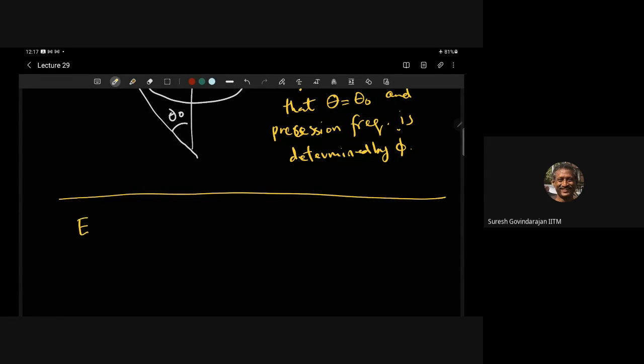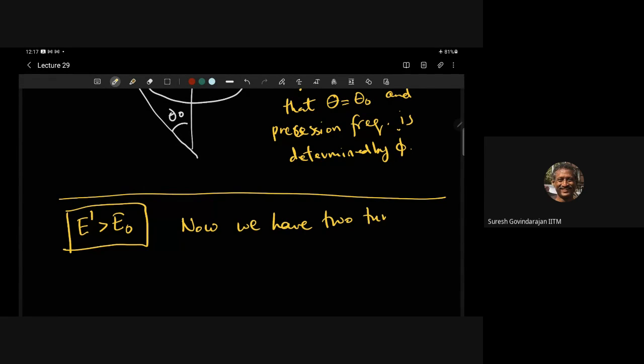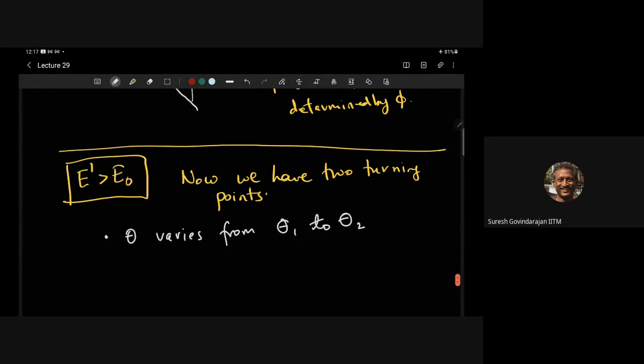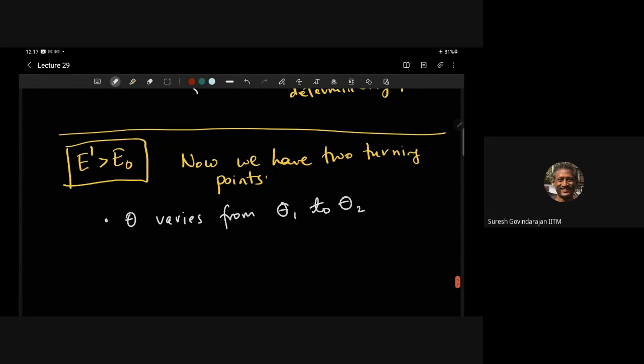Now we will consider the case when E prime is greater than E naught. Okay. Now we have two turning points. So what does it say? It says that theta varies from theta 1 to theta 2 and back, right? And this is what is happening. Okay. So now there are actually two situations for how this will happen. Actually, there are three. One is a limiting case, but we know it also. There are two cases,